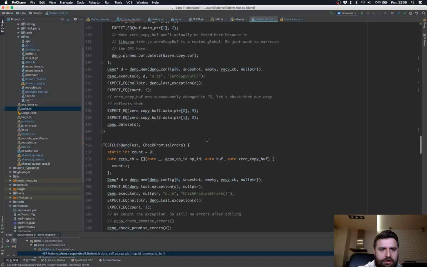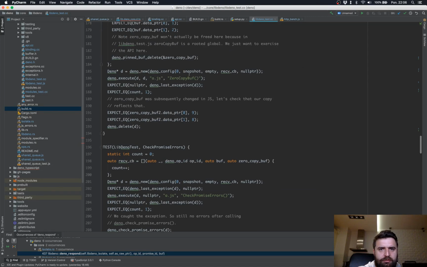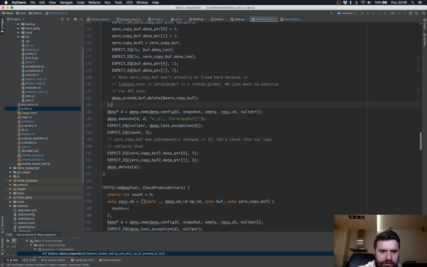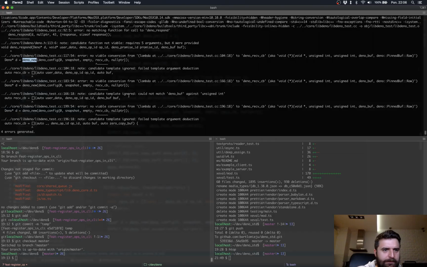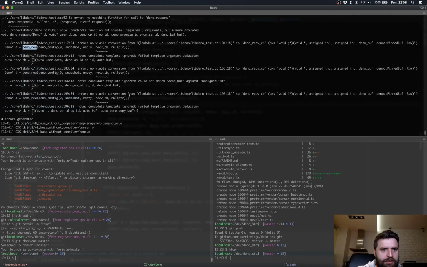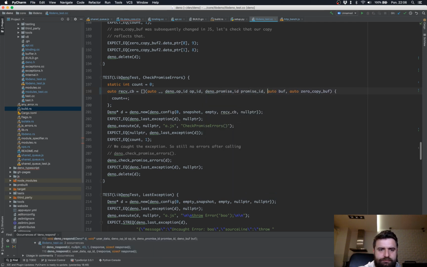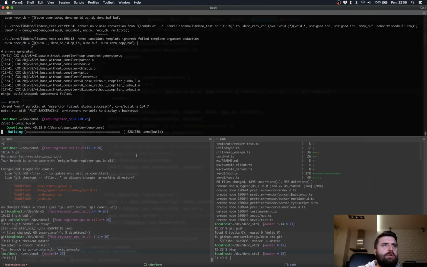Then 183. Okay, not anymore. Receive callback, and then 199. Yeah, right, this is missing as well. Okay, compiling once again,